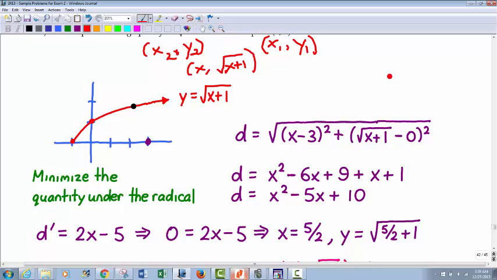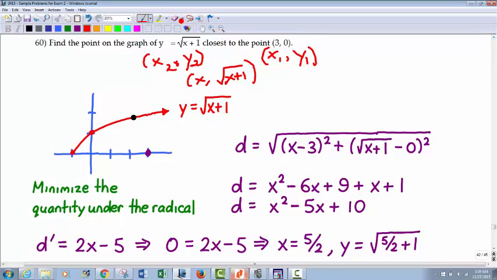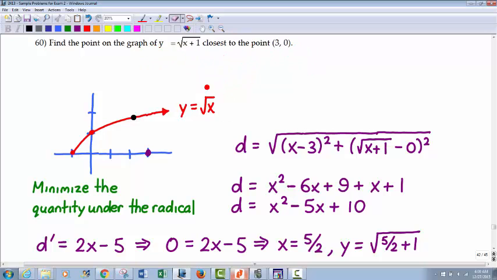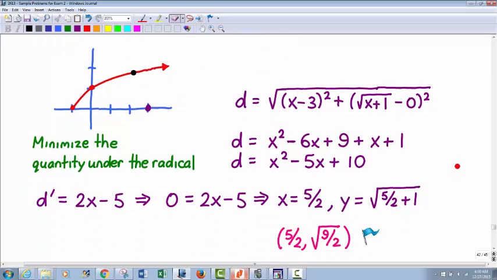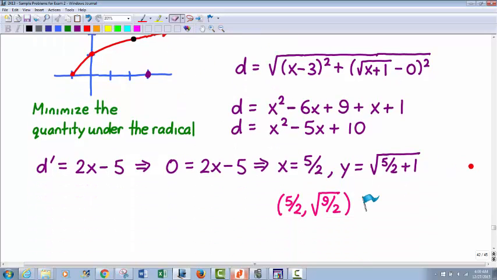So that's why, to get x, you can just get rid of that radical. But like I said, if you want to calculate the actual distance, you would then need to plug it in with the square root. I wrote the radical there to show you, but then where I wrote minimize the quantity,